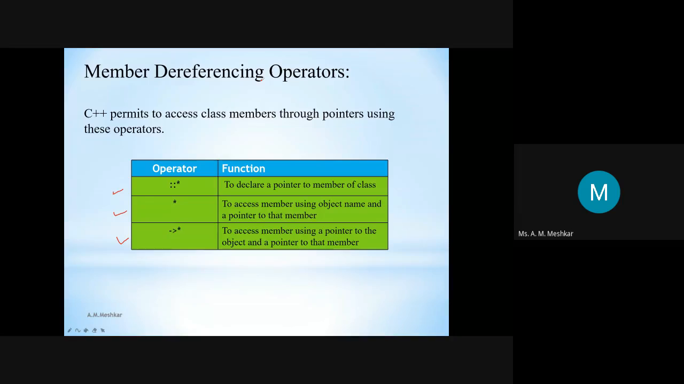डीरेफरेंस करने के लिए, मतलब जो मेंबर्स क्रिएट किए हैं उनको वापस आप पॉइंटर से एक्सेस करो। क्लास के मेंबर्स मतलब फंक्शंस, ओके, या फिर डेटा मेंबर।